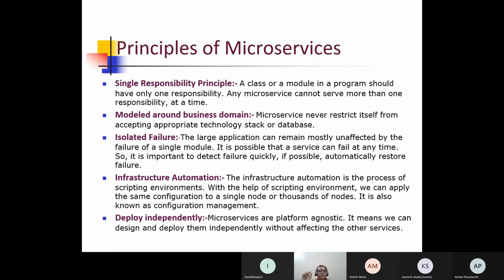We are performing communication between two independent applications. They can be deployed independently. All these kinds of principles you have to follow while creating a microservice.